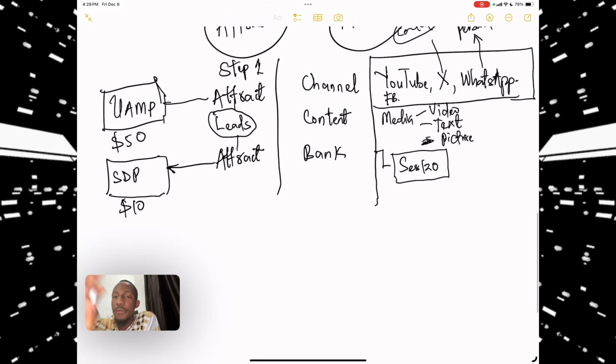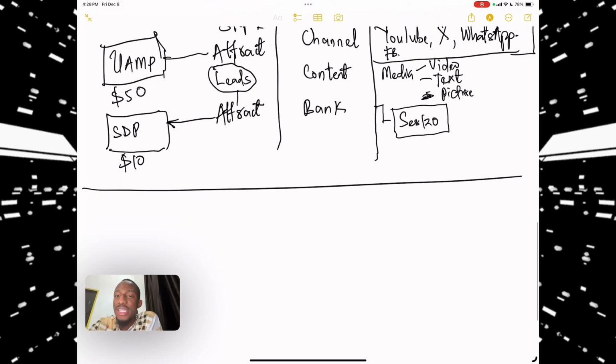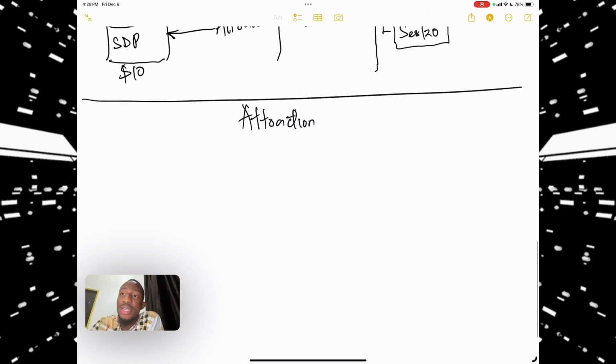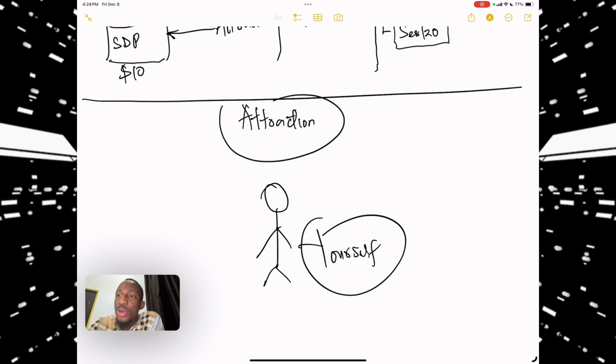But the end goal of the attraction phase, the attraction phase has one goal. And you need to know this goal so that you don't miss the point when we are at this phase, because this is step 1. The goal is to make this guy, who is probably yourself, but I know this is not how you look, right? This is you, the attraction character.